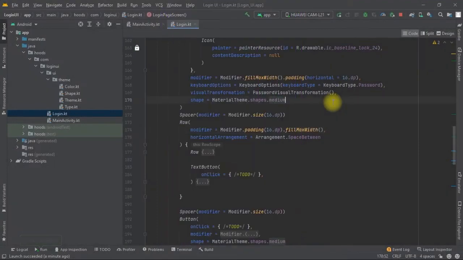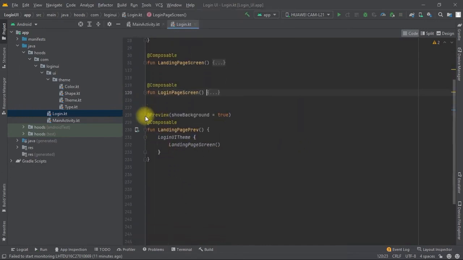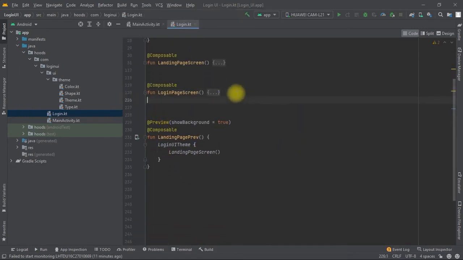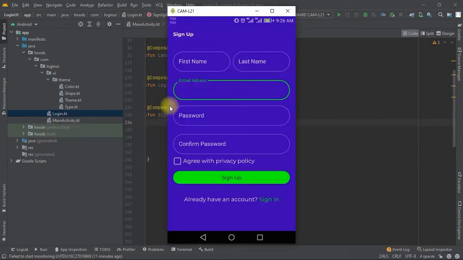So I think what has remained here is to create our sign up page, and let's do this right now. Okay, now let's come down here and create some room so that we can create our login page. After that, we want to create our sign up page. Now let's navigate here. As you can see, we have our sign up page,